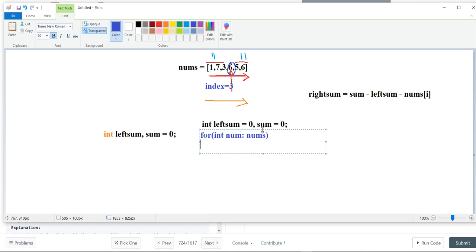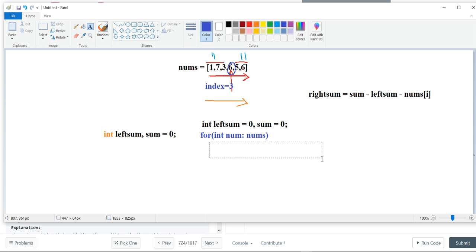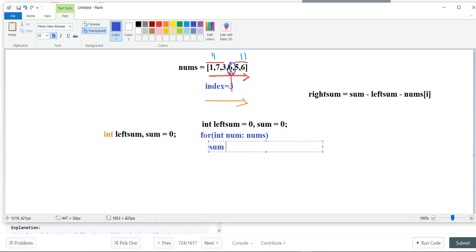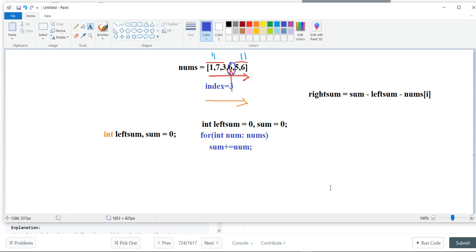sum. So I will then say that sum plus equals num. What will happen over here is that each time I encounter a new element, that element's value gets added into the sum variable. Then again we are going to use another loop